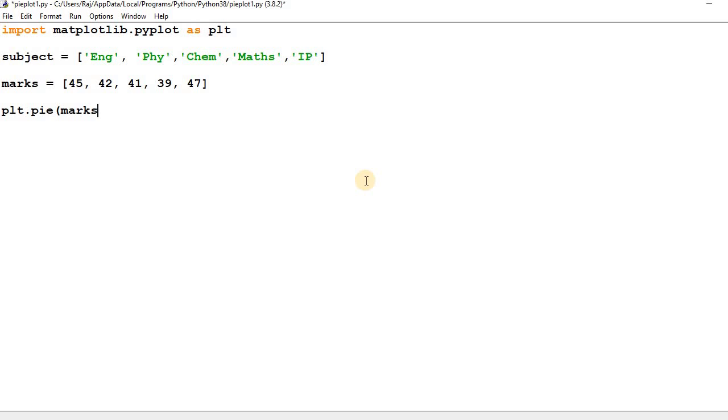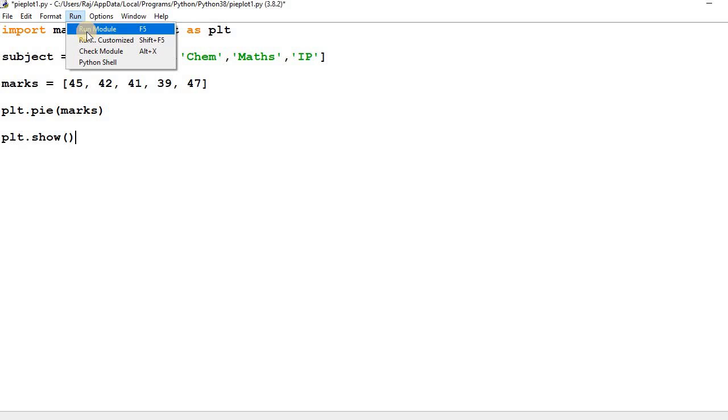You have to pass only one parameter that has the data value on which you are going to create a pie plot, and then you call the function. Just that. This is a very simple function. We have to pass only one data value, and that will create a pie plot.